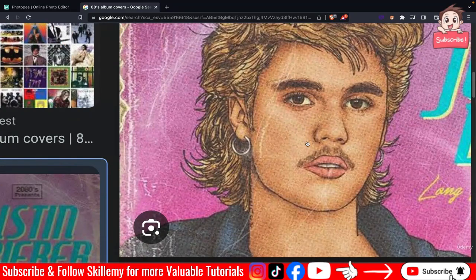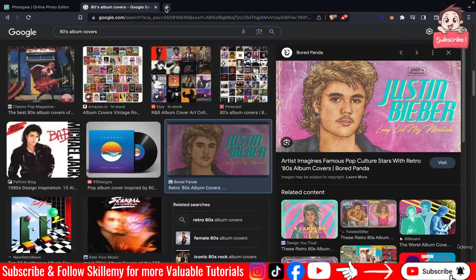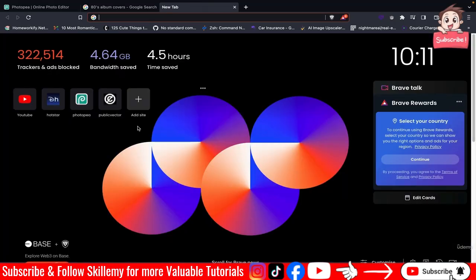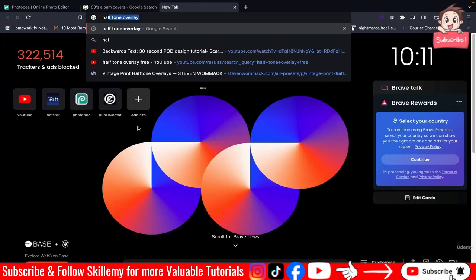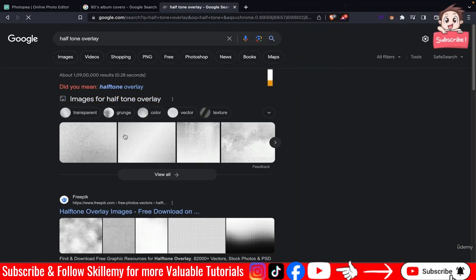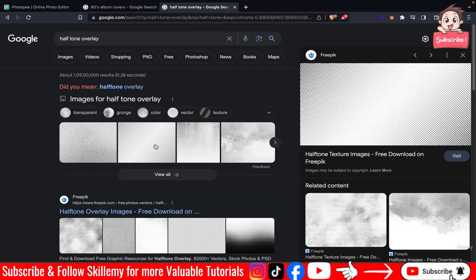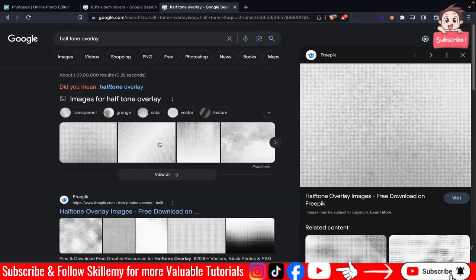There is this black and whitish dot here that is generating the high contrast look. So how do we get that? You just go to Google and type halftone overlay. Here you can see this is the example of halftone overlay. There are various examples, but the good news is you don't need to download any of these because they are